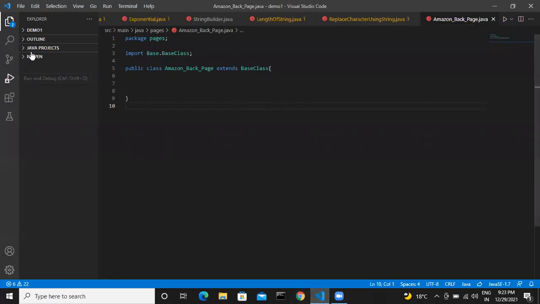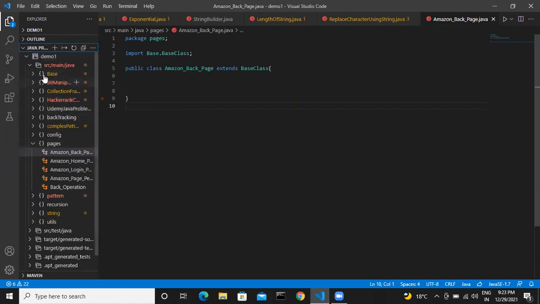Oh, sorry. So let me show you the interface of the IDE. So this is the VS Code IDE. Here we have Java projects. Okay. As you can see, I have created different packages and classes.